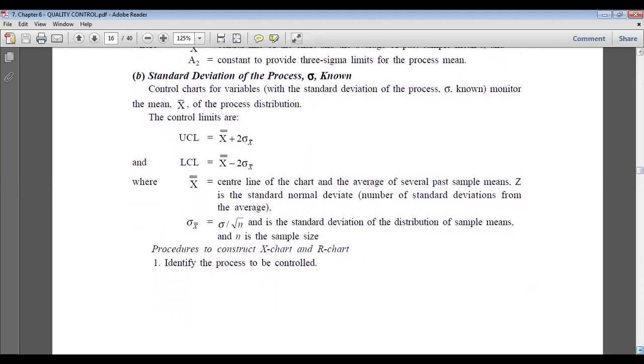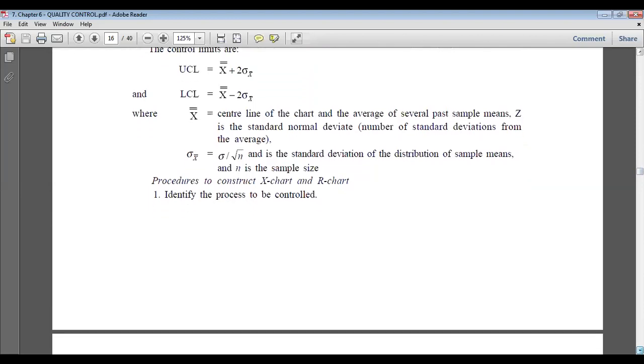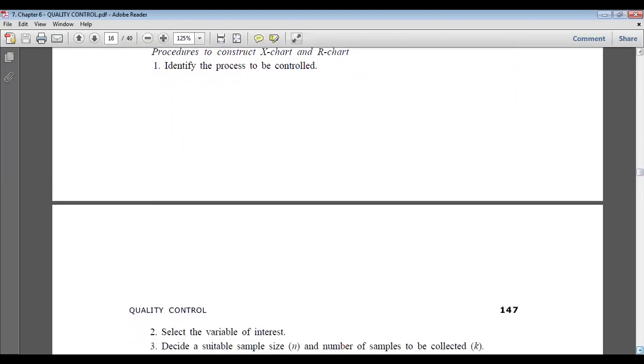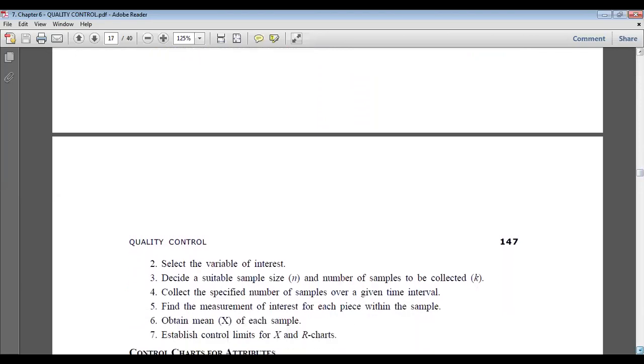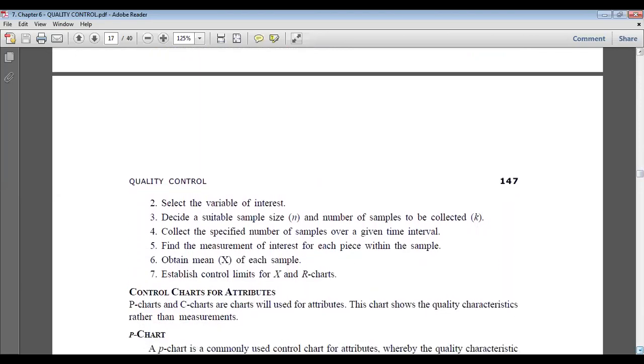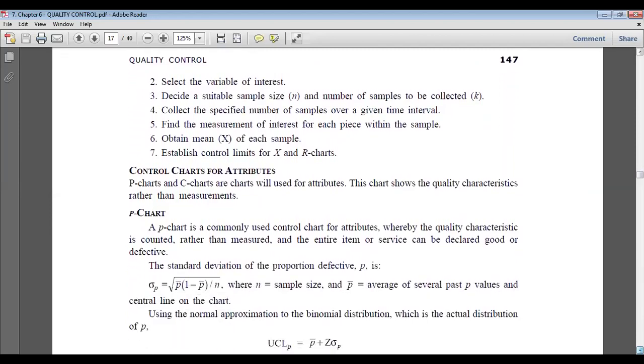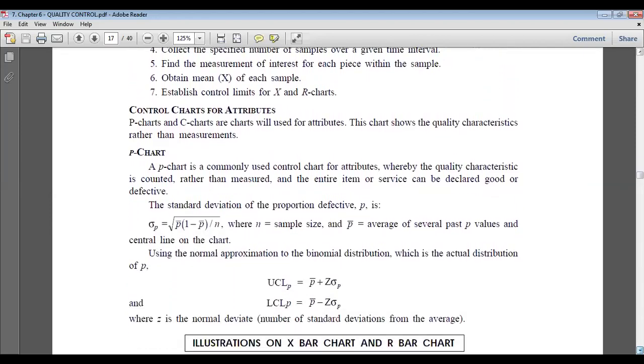You have to take examples yourself, and only then will you be able to solve them on your own. So it is better you try a few examples from the book, and only then would you be able to understand the basic concepts.